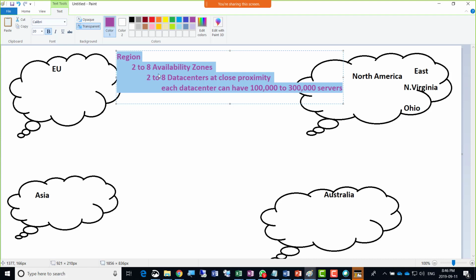But this is how huge it could be when you're going for these regions. And this could be data centers in Toronto. One data center, as I said, in different cities they would have data centers which are close by, right? So if we go back to the slide here,